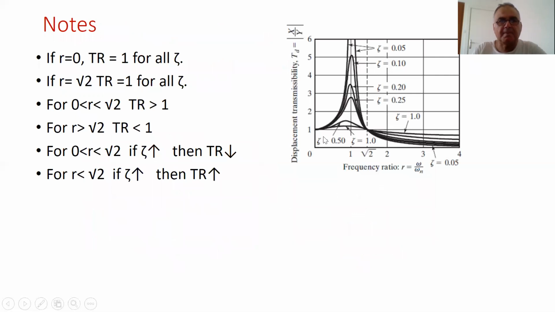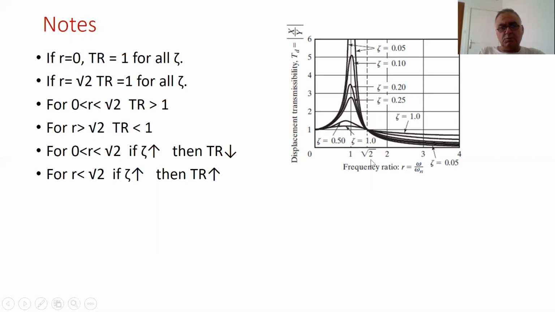phase angle term. So the points, if we want to take notes about this, are as follows. First of all, these frequency response curves start from 1. The transmissibility is 1 for steady state, that is r equals 0. And if r equals root 2, again, all these curves meet at this point, which is an invariant point. Again, the transmissibility is 1. So the motion of the base and the mass is the same at these frequencies, 0 and r equals root 2. In between